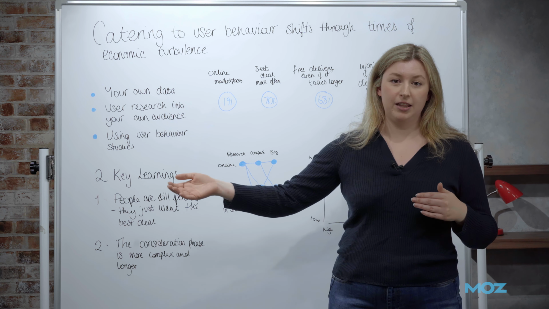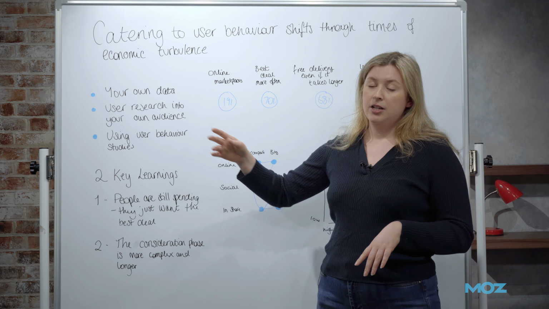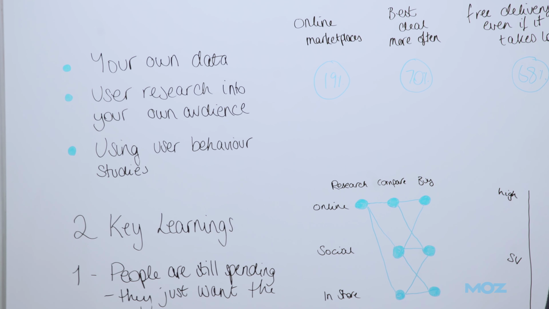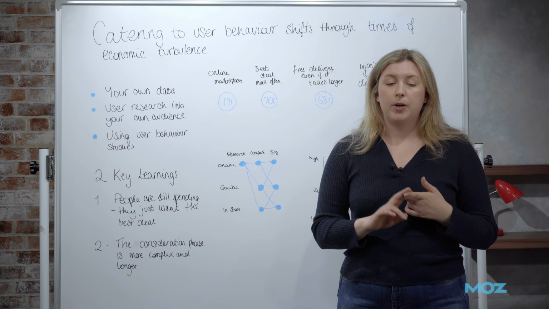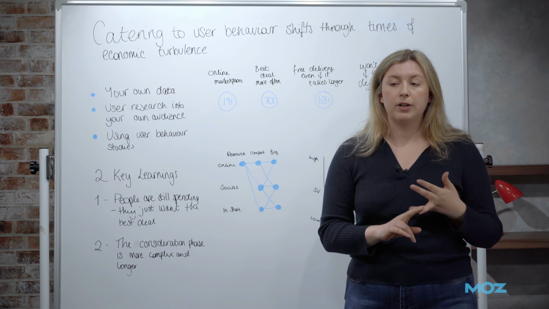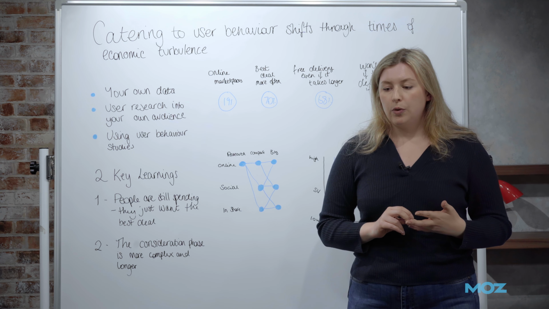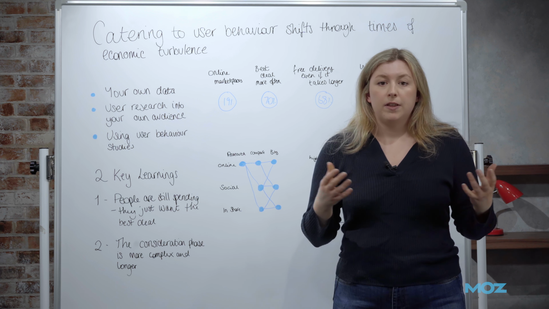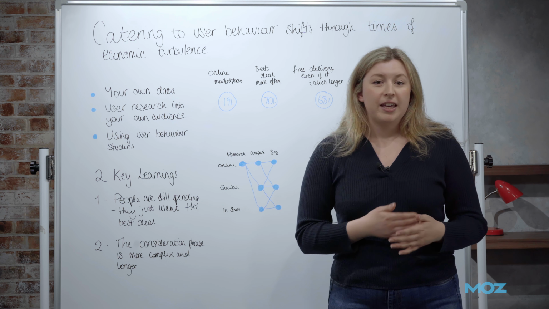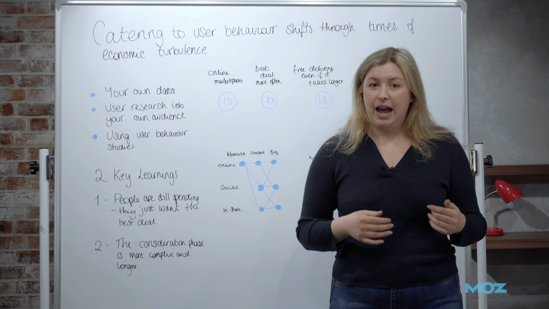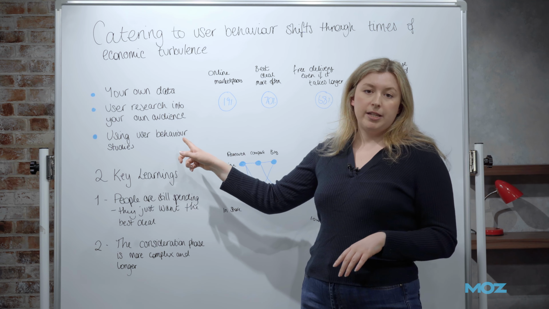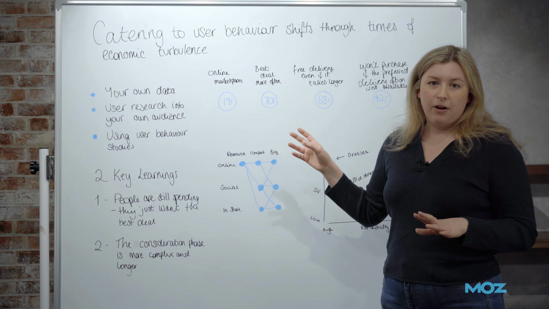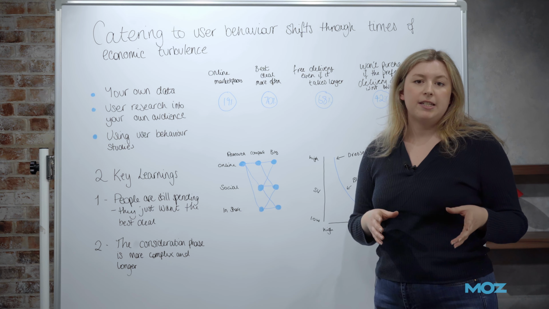Now, another good source of data is to use behavioural studies. So this is research papers or research from groups, for example, Boston Consulting Group, Haver Analytics, or McKinsey, or papers from things like ResearchGate, so academic papers. Another really good example is actually the Wayfair Tech blog, because if you think about it, they've got millions of products, so they have a long history of figuring out how to best cater to user behavior and help the purchasing decision. So that's another good way to look at data. And we're going to be pulling out a few key points from some of this data that we've looked at.